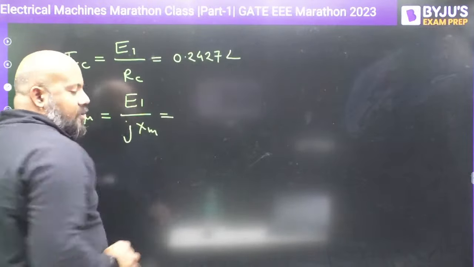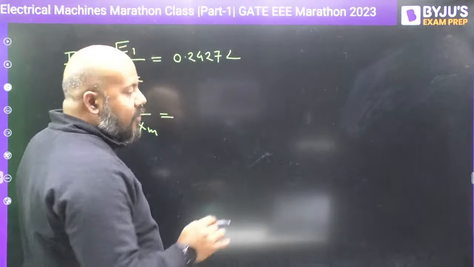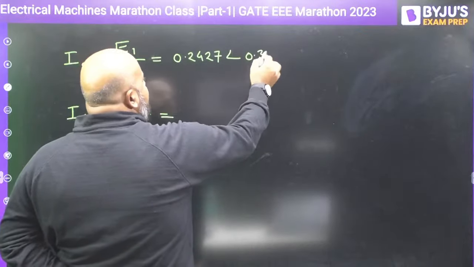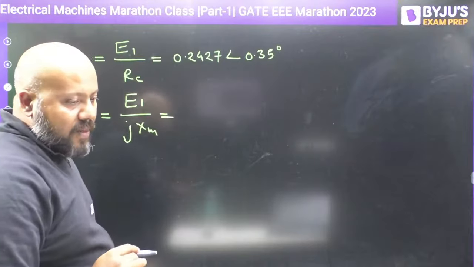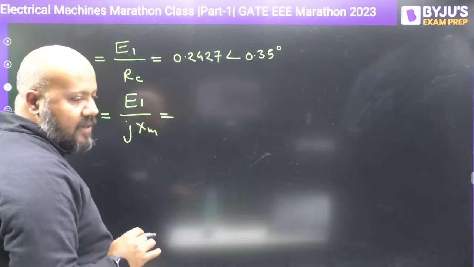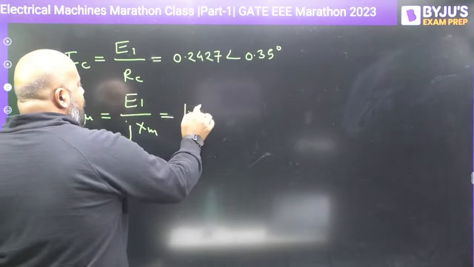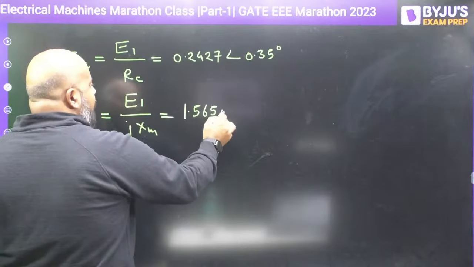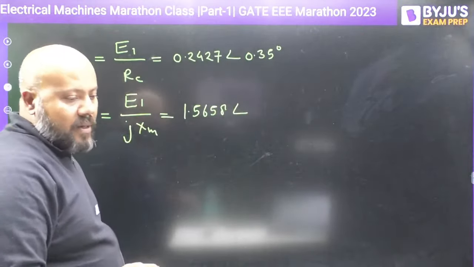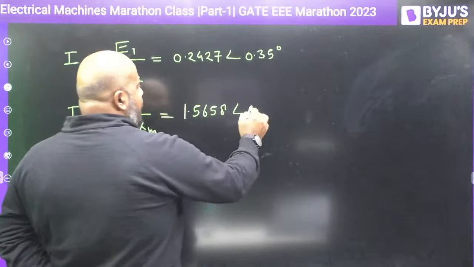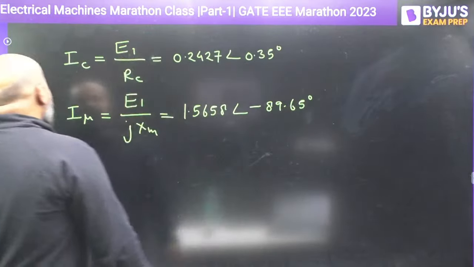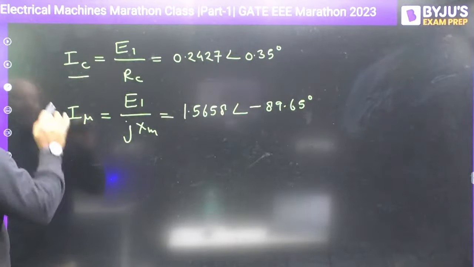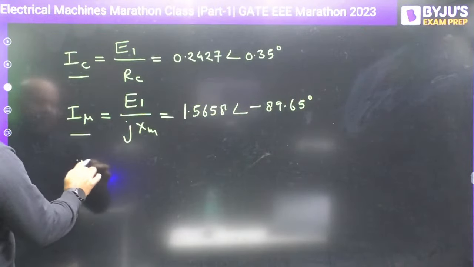0.2427. The angle you must be getting is 0.35 degrees. And what is I mu? As per my reference, it is 1.5658, and the angle is going to be minus 89.65 degrees. The moment you get the core loss component and the magnetizing component, you can write what is